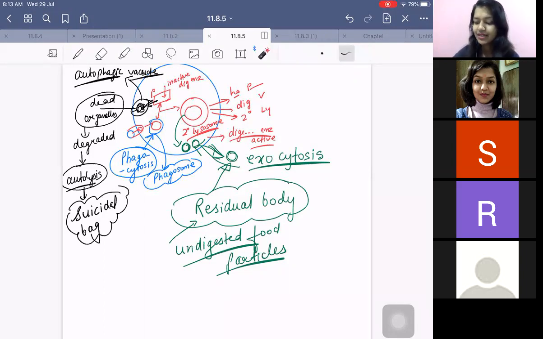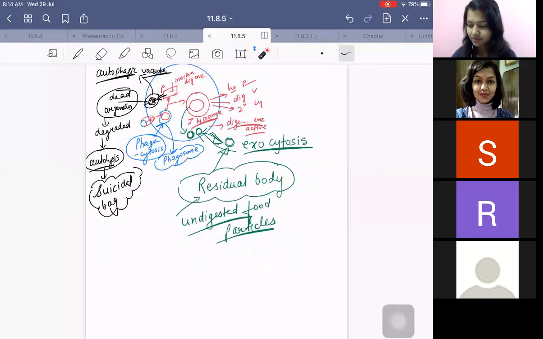You can see there are several other functions also. The primary one became secondary when it got fused with the phagosome. Now, the undigested material from this secondary will be sent out as residual body. Now, the cell components which are degraded, as in not of any use, a vacuole will surround them. Then primary lysosome will surround them. It will do autolysis. And if so many are there and so many are functioning, the cell will die. Suicidal bag. That is why it is called so.